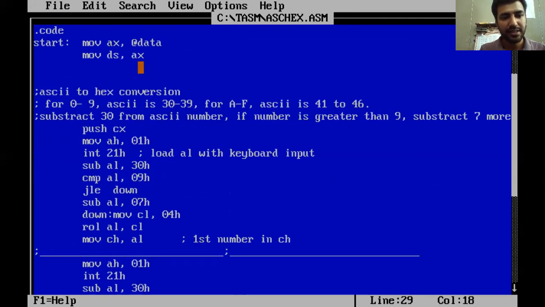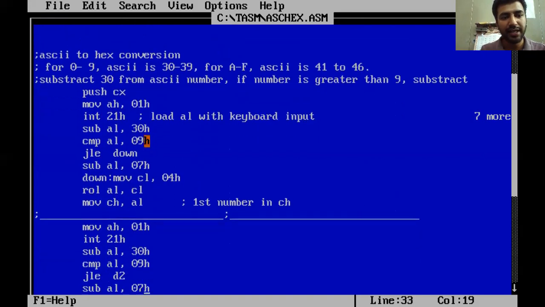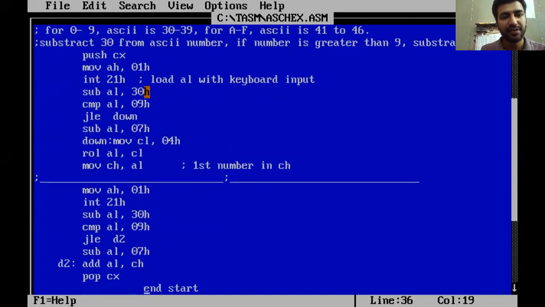What it does is the same way. So this is move AH 01H. We will take the number with the keyboard, and then this will subtract AL with 30, compare AL with 09, jump if less than or equal to down. Then subtract AL with 07H, and then rotate.